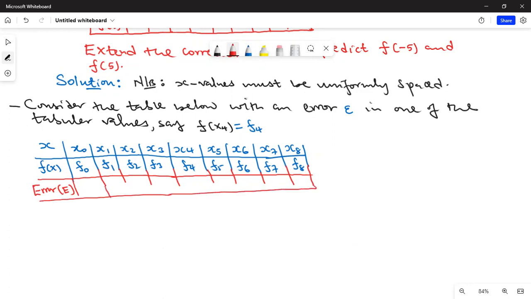And you know how to get an error. The error is always the actual value minus the approximate value. So of course, in f0 there's no error, so the error is 0 here. In f1, there's no error. In f2, no error, all the way. Here we said the error is epsilon. This one does not have any error all the way up to f8, except f4, which has an error of epsilon. So what I'm going to do is construct a finite difference table,